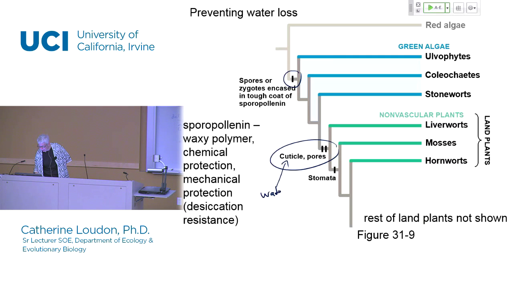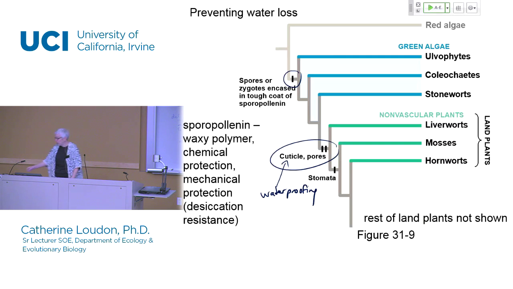So this is basically a covering that is waterproofing. And so this is for the rest of the life stages, right? It's not just the spores and the zygotes that need waterproofing, it's the rest of the life stages. And this is where the cuticle then comes into play, which covers the plants and decreases the rate of evaporative water loss. The problem is if you coat yourself completely in something that's waterproof, then this has a disadvantage of